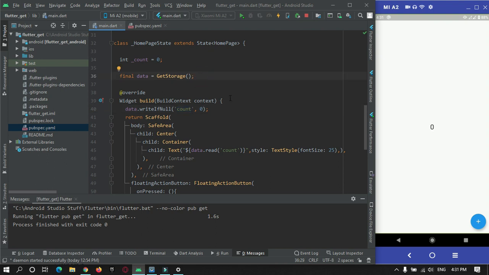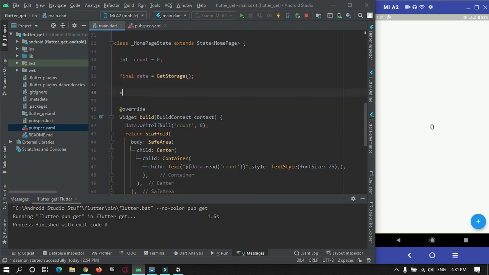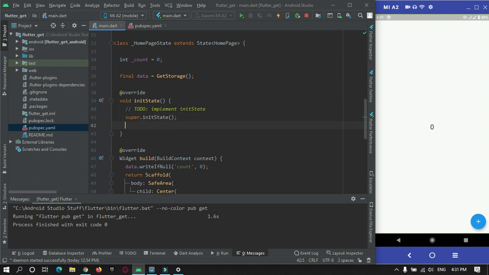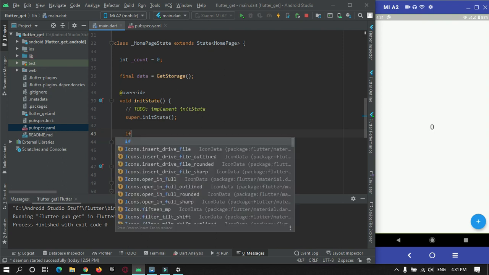One more thing we need to check is in our init method, initial state. Here we need to check if the data is there in this instance or not. For that we will make use of an if statement.